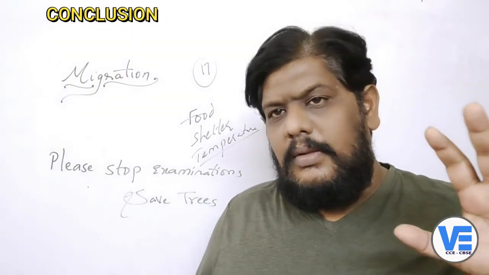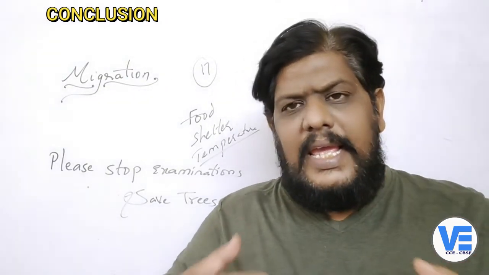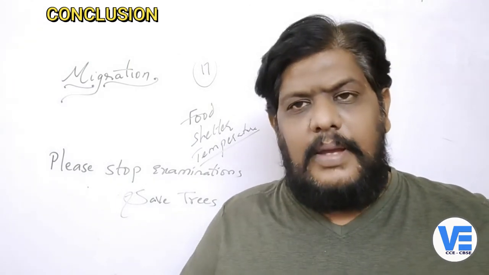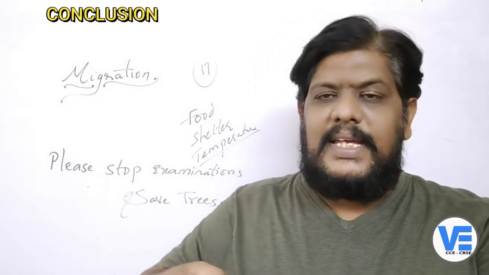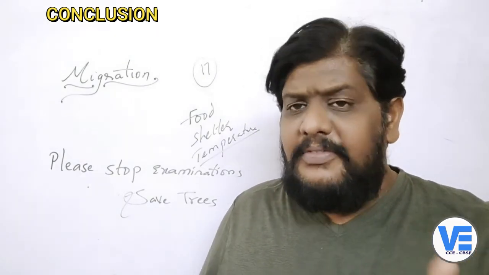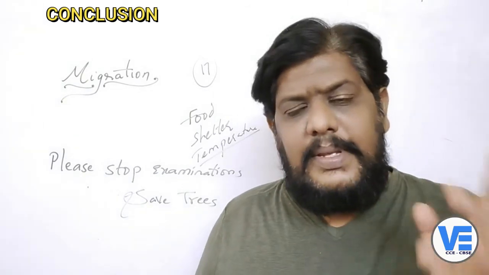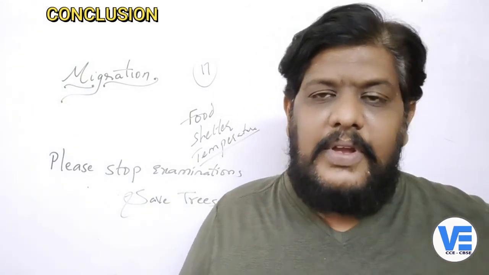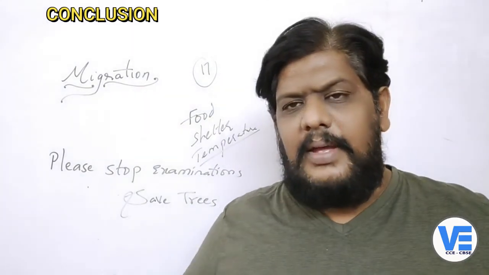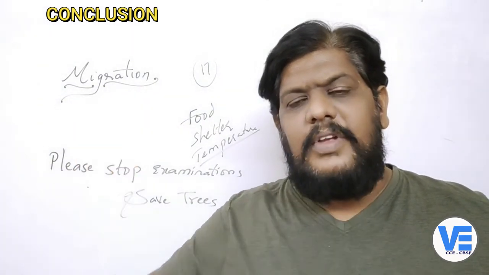So what is the reason behind this? Because each and every organism is connected with one another. There are food chains and food webs where every organism is connected with the other organisms. So what we can learn here is that if the food web is disturbed, the whole web will be disturbed. Take the spider web: if you disturb one thread from it, the whole web will be disturbed.